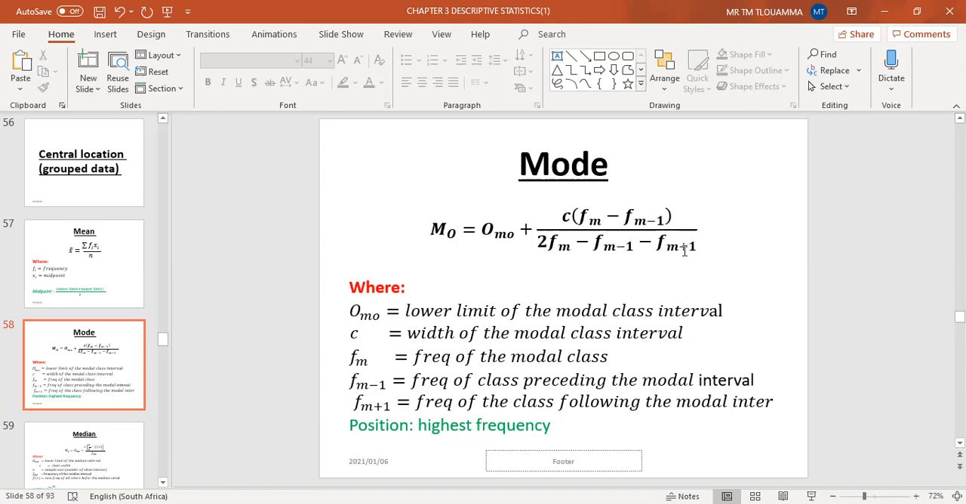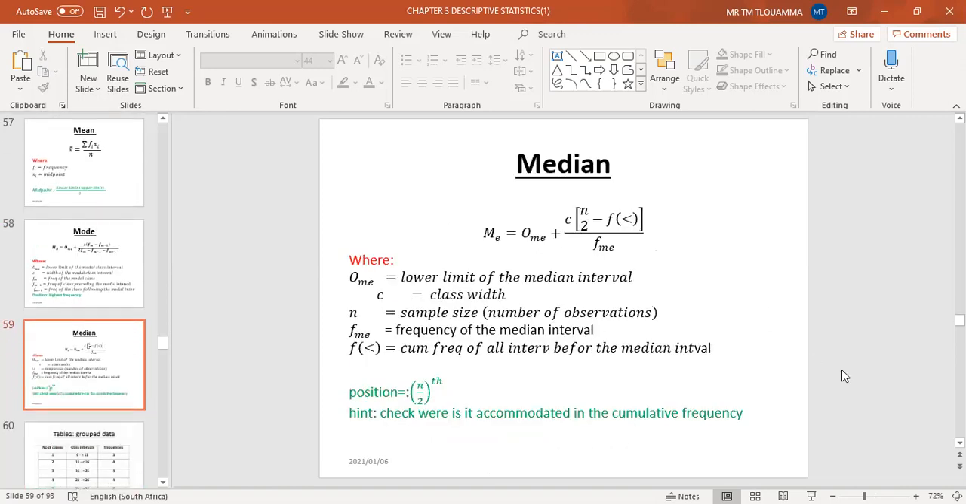Meaning Fm plus 1 is going to be 3. We're going to substitute 3. I hope I make sense for the mode. Then lastly, we're having the median. The median says Me equals to Ome plus C into N plus 2 minus F